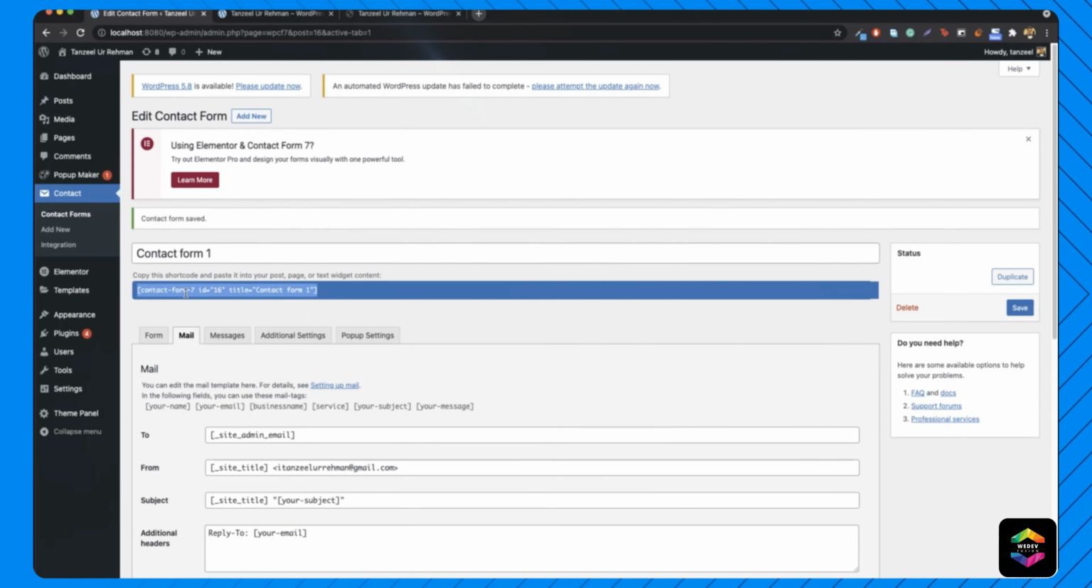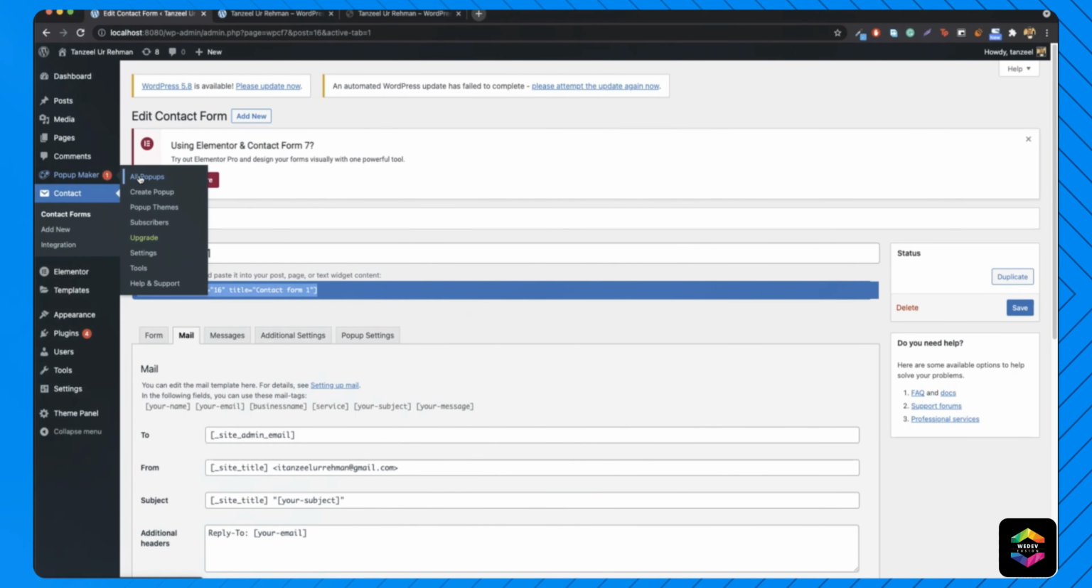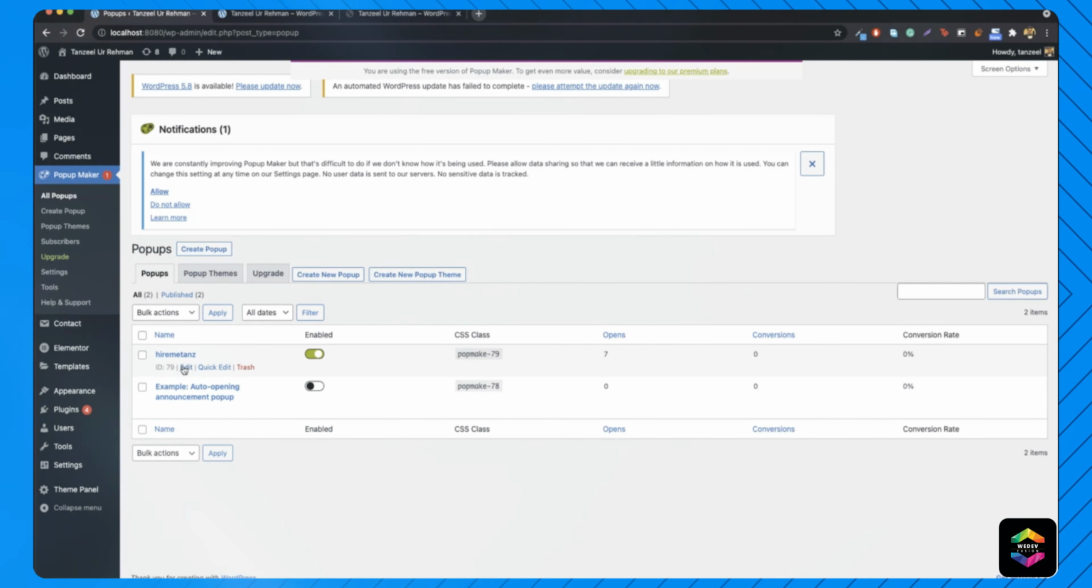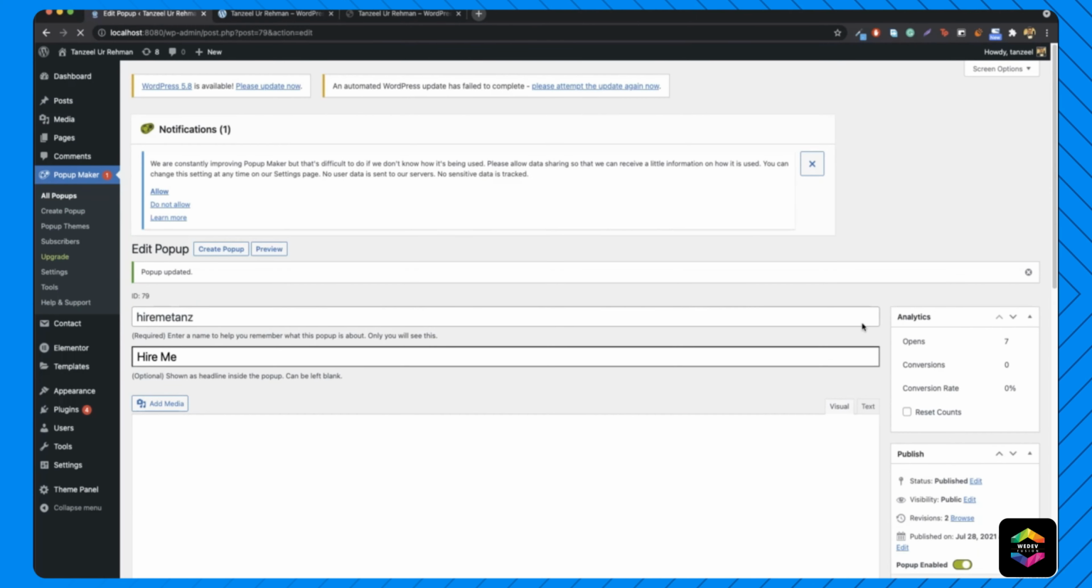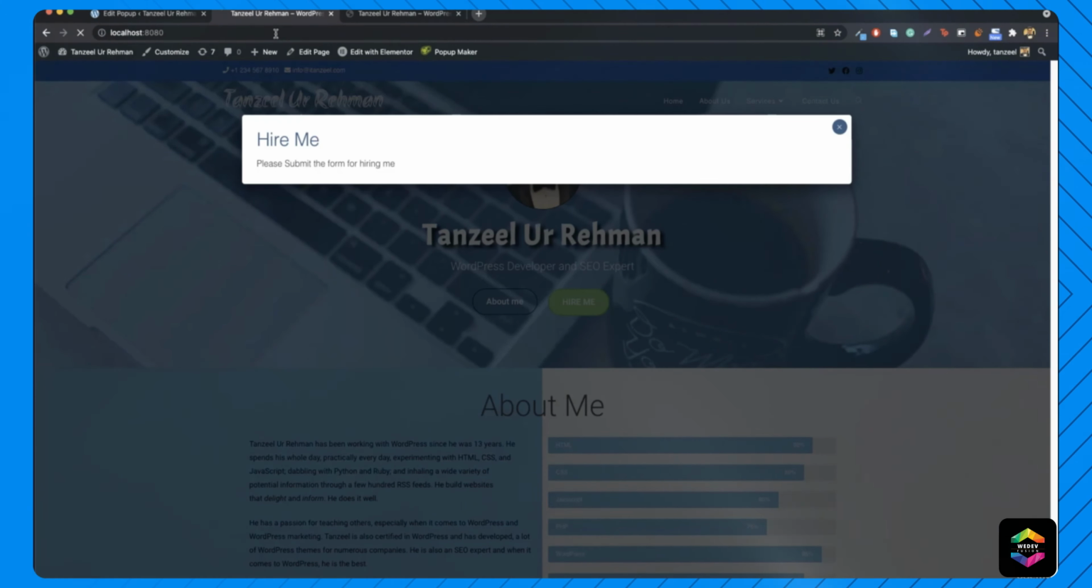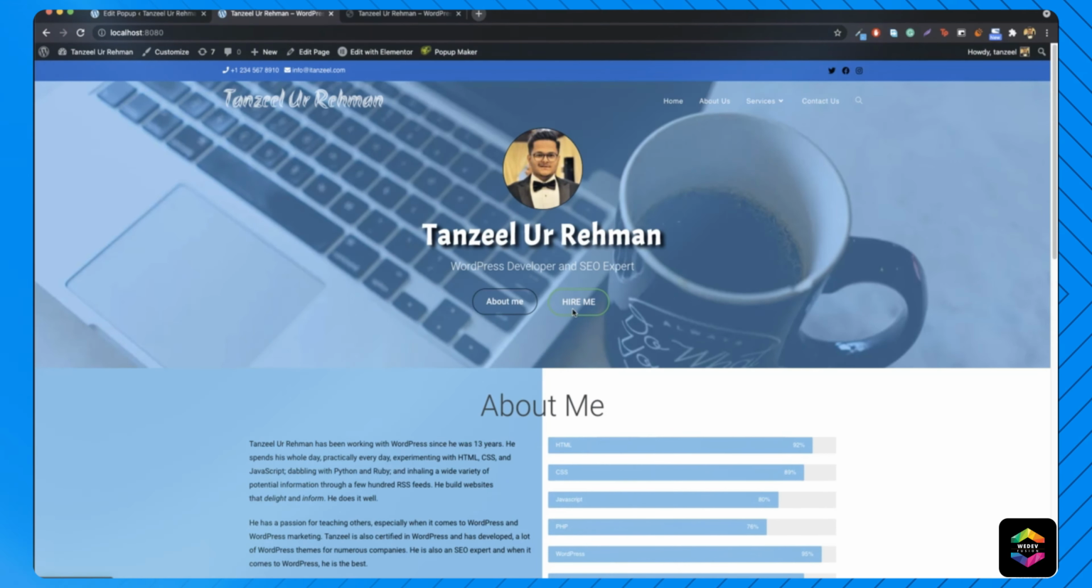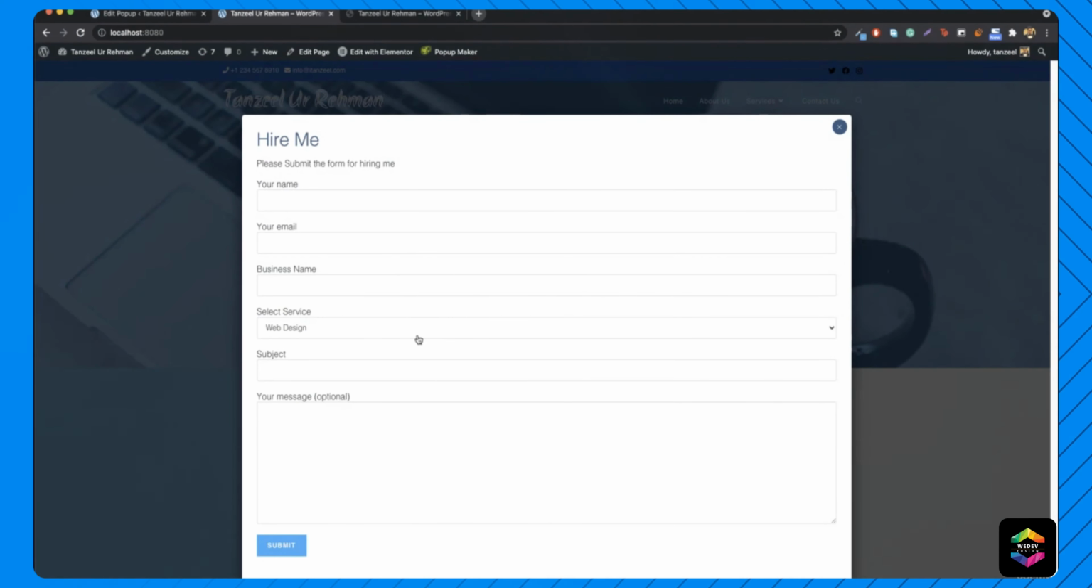Now once you're done with that, you're going to have to copy this short code, and then go to the pop-up maker, go to all pop-ups, go into the hire me tabs, and right down below after that, just paste the contact form and hit update. That's it. Now when you come to the website and refresh this and click on it, you get to see this,